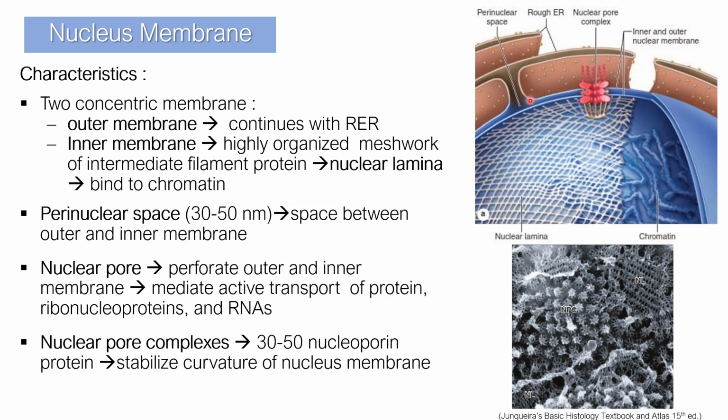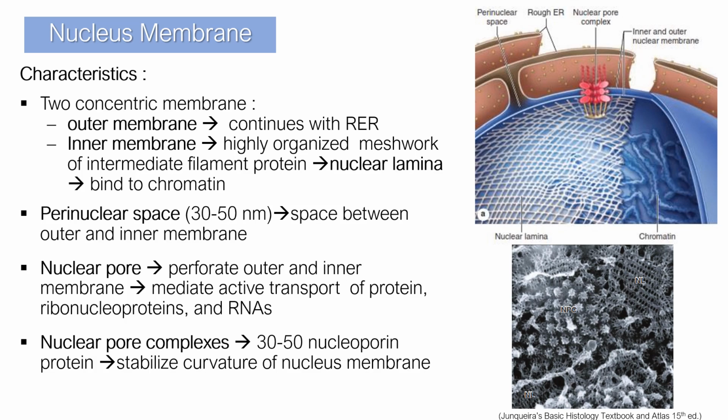This space and the outer nucleus membrane are continuous with the extensive cytoplasmic network of the rough endoplasmic reticulum. Closely associated with the inner membrane is a highly organized meshwork of protein called the nuclear lamina, which stabilizes the nucleus membrane. This is the nuclear lamina. And a major component of this nuclear lamina is lamin that binds to membrane protein and associates with chromatin in